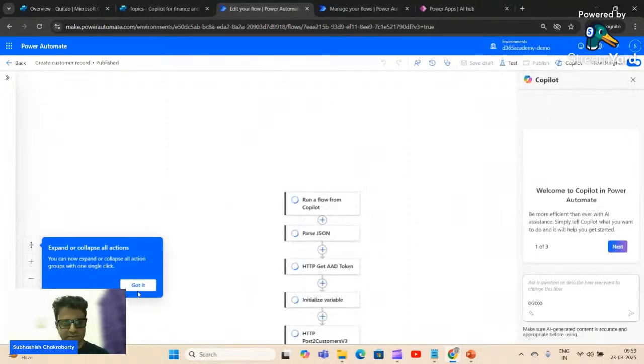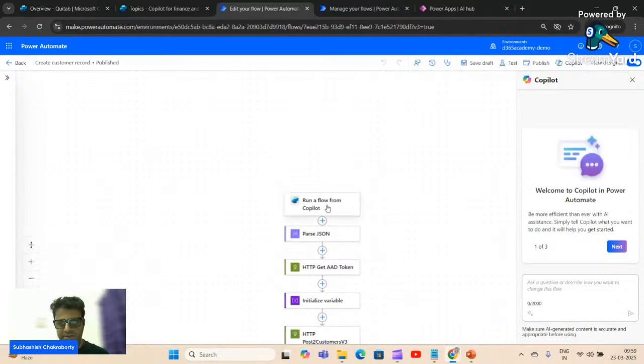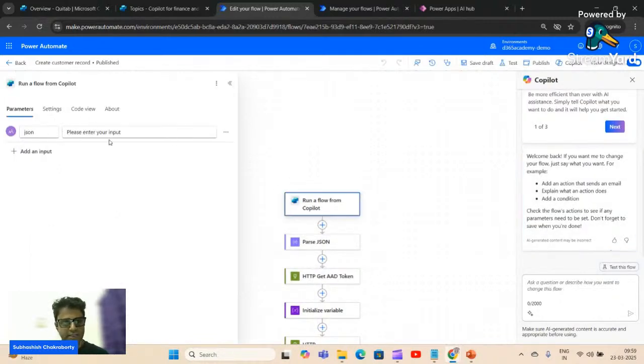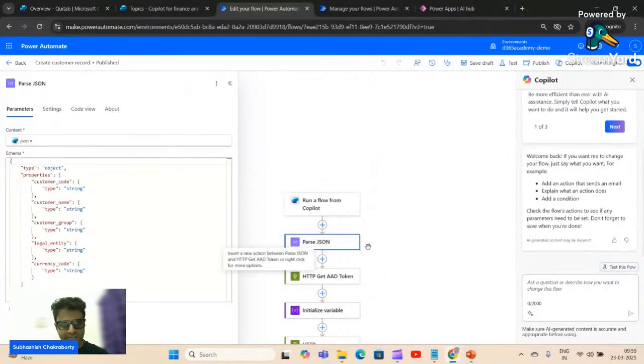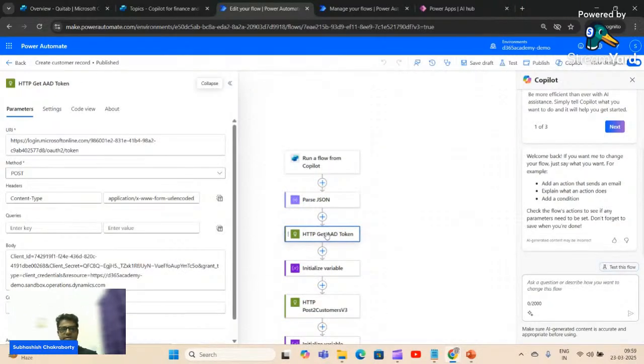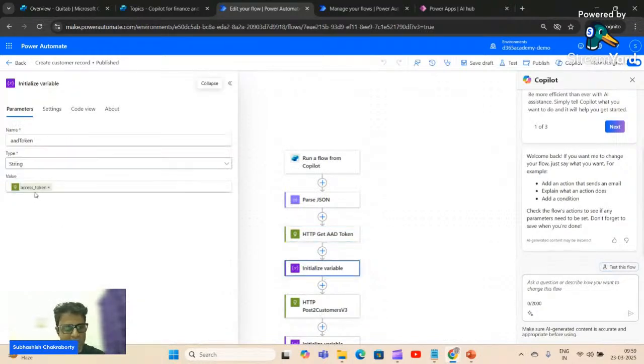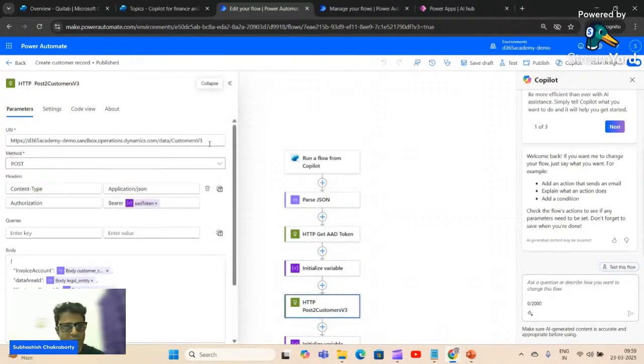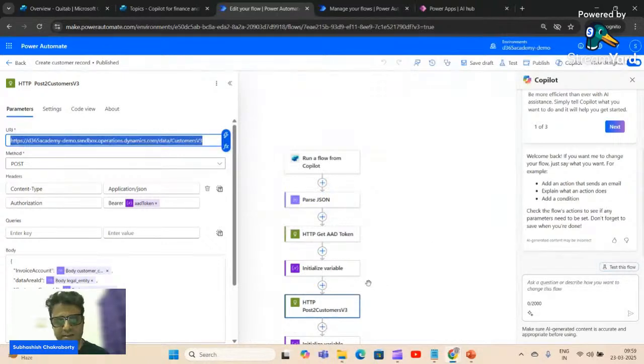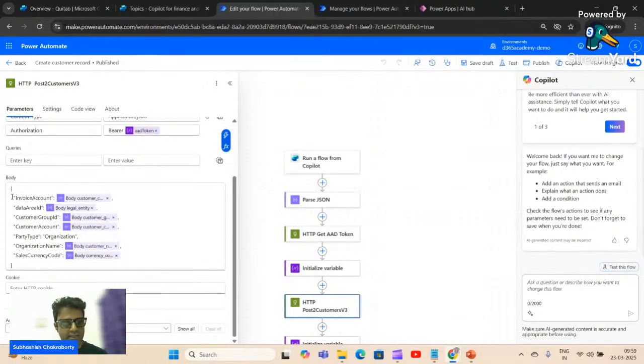It is almost done. Okay, so I'm saying run a flow from Copilot with this JSON which I'm getting from my prompt, and I'm parsing the JSON out here. Then I'm getting the Azure Active Directory token, without which you cannot connect to Finance and Operations. Then I'm initializing a variable, which is basically this token which I have received from the previous step. And then I'm calling the OData entity endpoint, that is CustomersV3, which is the OData for creating the customer. Inside this, I'm passing all the necessary variables which I have got from the user,